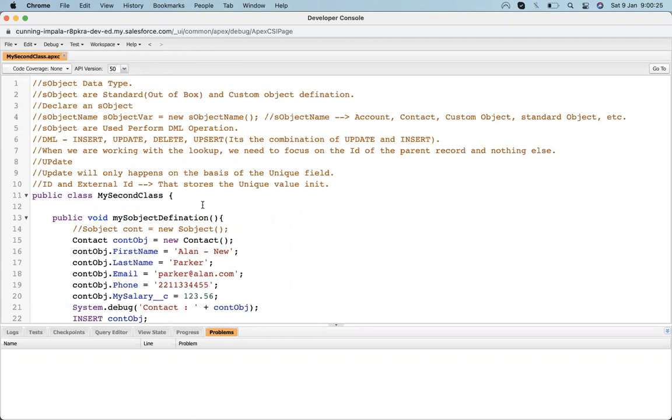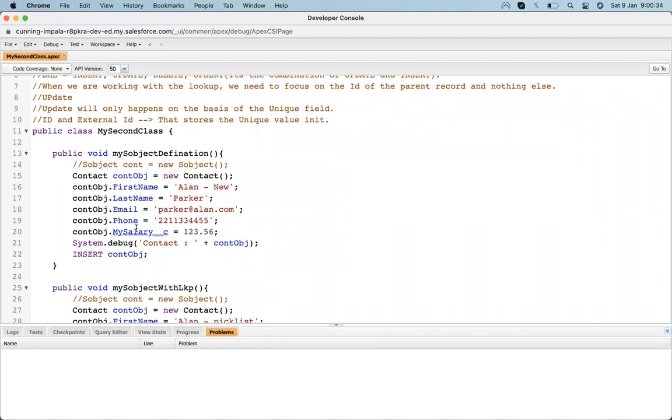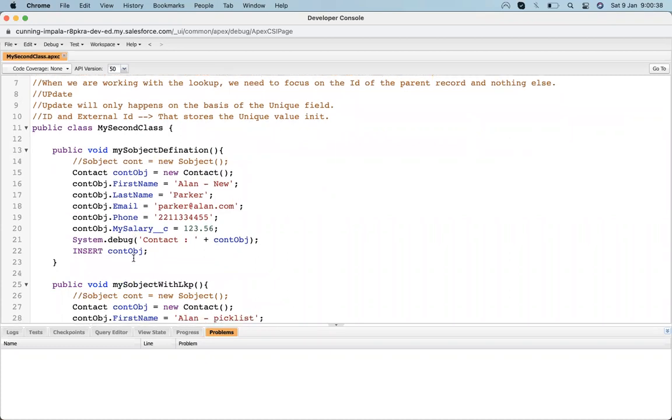Yeah, we can say it comes from SOQL, but SOQL is something different. It belongs to SOQL, yeah.